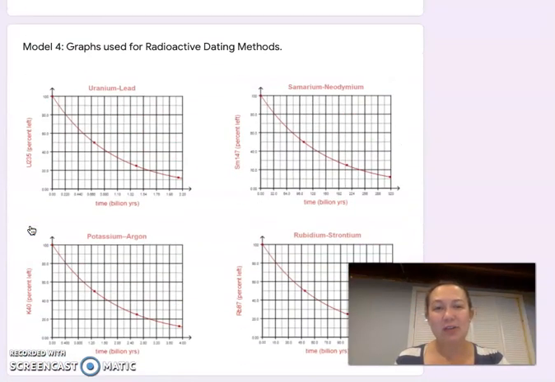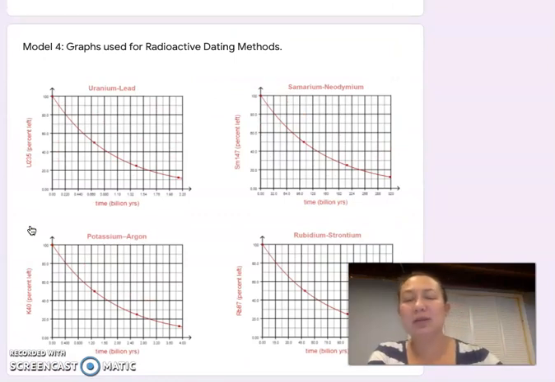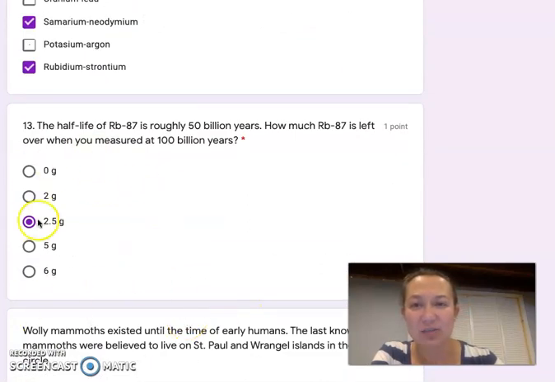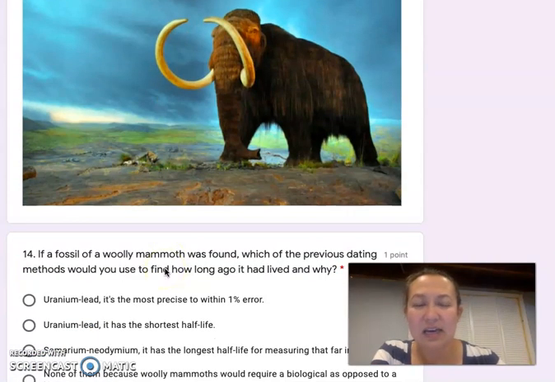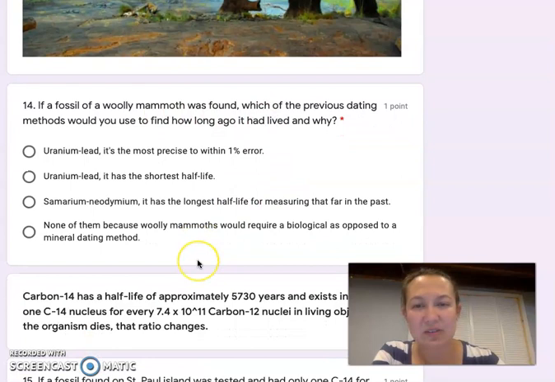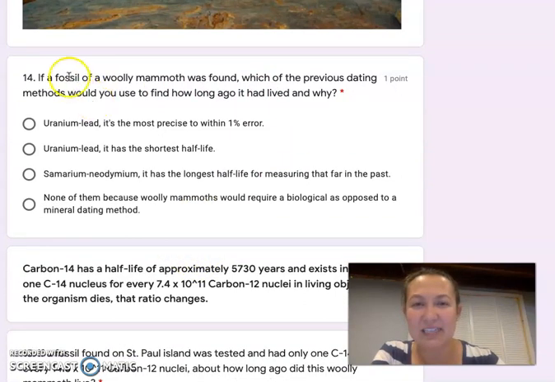For half-life then, you should be able to read half-life off a chart. You should be able to calculate how much is left over after a certain amount of time. And here, we should be able to figure out how half-life is related to the age of a material. So, woolly mammoths in this case, if the fossil of a woolly mammoth was found